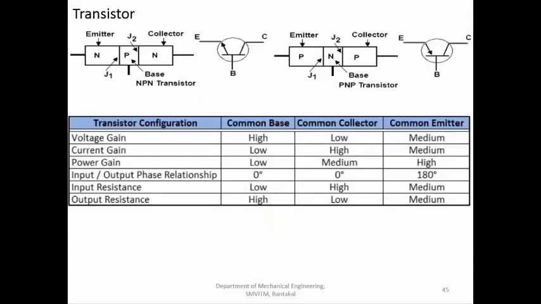So what is the advantage, and why are transistors finding more application? There are no moving parts in the transistor, unlike in the relay. The relay is also used for the same purpose: you give the signal here and you get the flow between the terminals. The transistor does the same thing, but since there are no moving parts, it can operate at very, very high speed, in thousands of cycles per second.